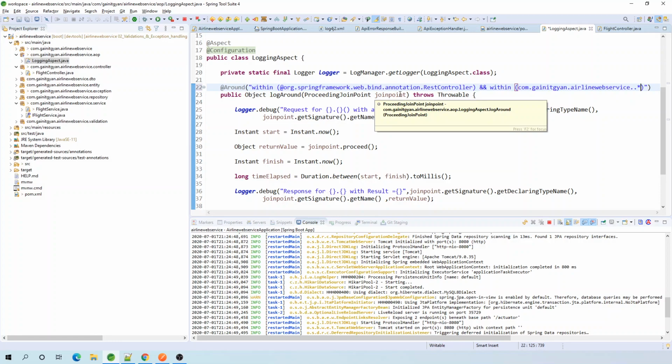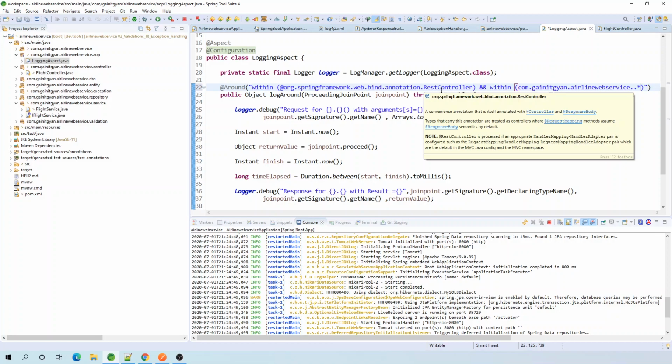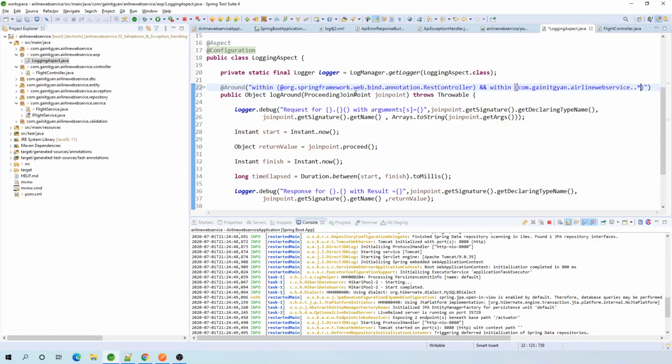The expression, this is a predicate, says it is all the classes that are annotated with REST controller, and now we are having more restriction to our classes that it needs to match, that is within this package and sub packages. So that means any classes within our custom packages that are annotated with REST controller will be matched, and this around advice will be executed. Okay, so let's save this, and now let's